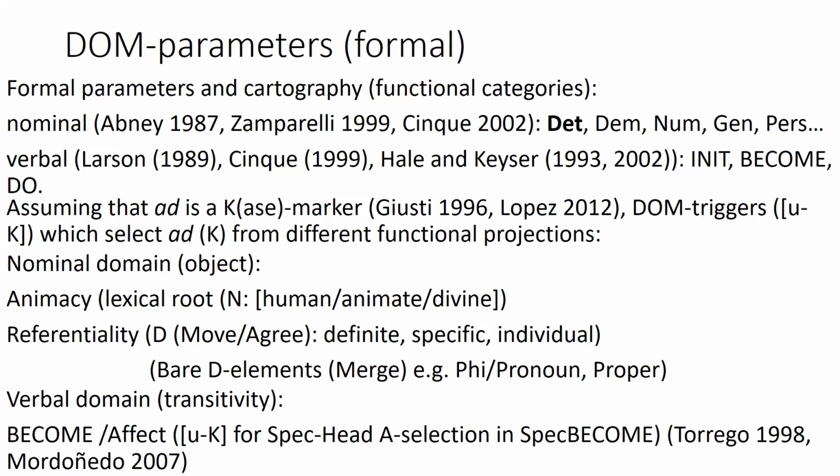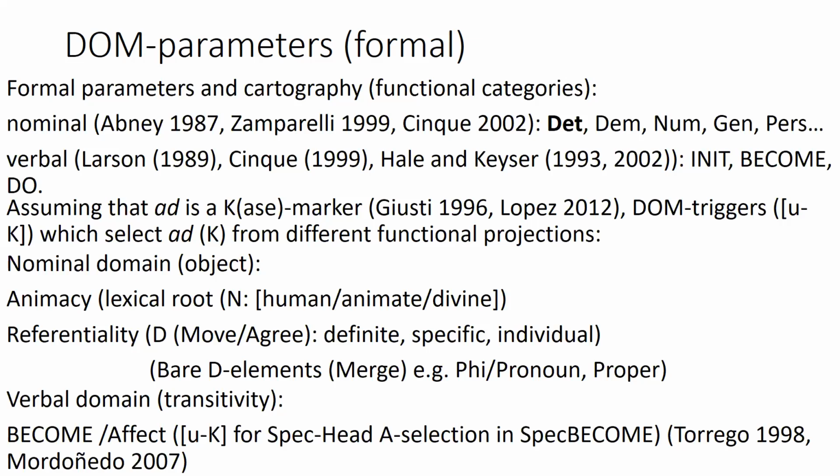So here, it was famously proposed by Esther Torrego that DOM, the object marked by 'a', is actually in the specifier of the verb, by which she means that it's the affected object. And here we could say that the affected object is in the 'a' position, i.e. the specifier of a specific functional head called Become,